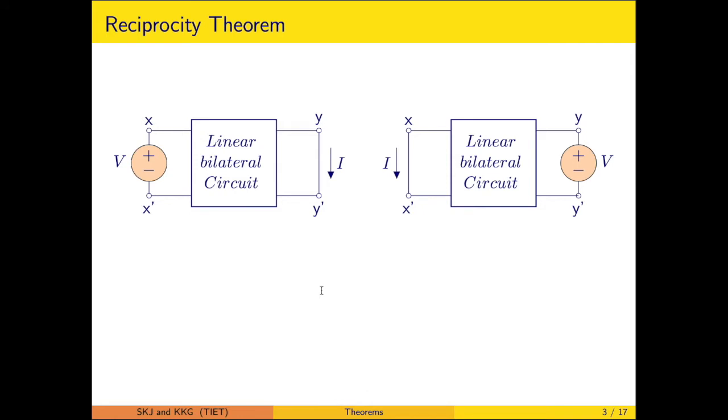So to understand this particular reciprocity theorem, let us have a schematic representation. This particular is a linear bilateral circuit. So other than the bilateral aspect, you can say for the time being that it is consisting of linear passive elements. Those particular passive elements are RLC parameters. On the left hand side there are two terminals, X and X dash. There are terminals on the right hand side, they are the Y and Y dash.